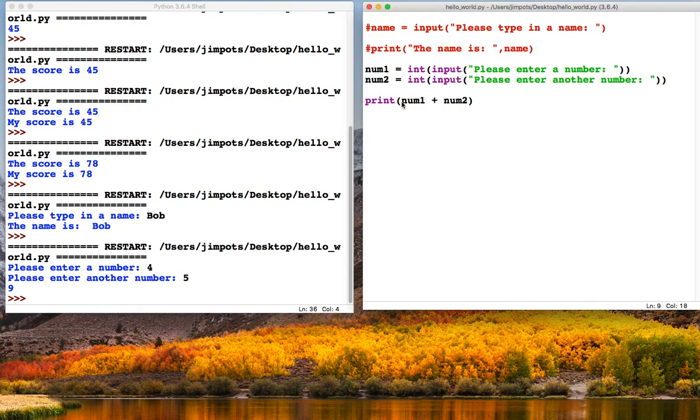Try tidying up this print statement a bit. Could you add something like a string to it, like the answer is, and then the answer? Could you maybe add a couple of other numbers? Could you do different types of sums rather than adding? Give it a go and see how you get on.